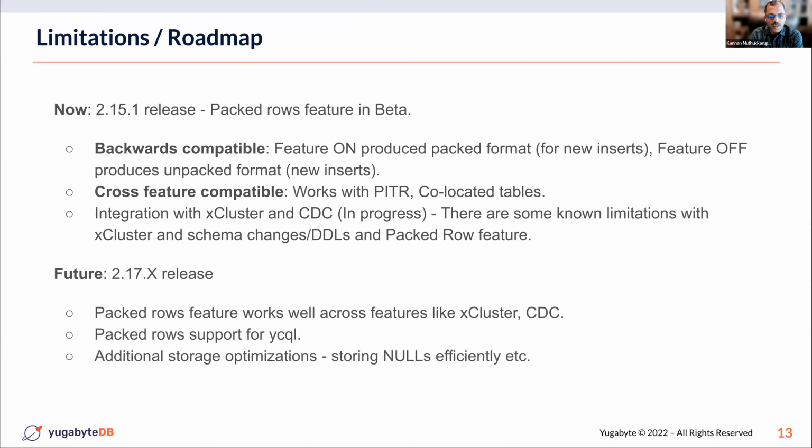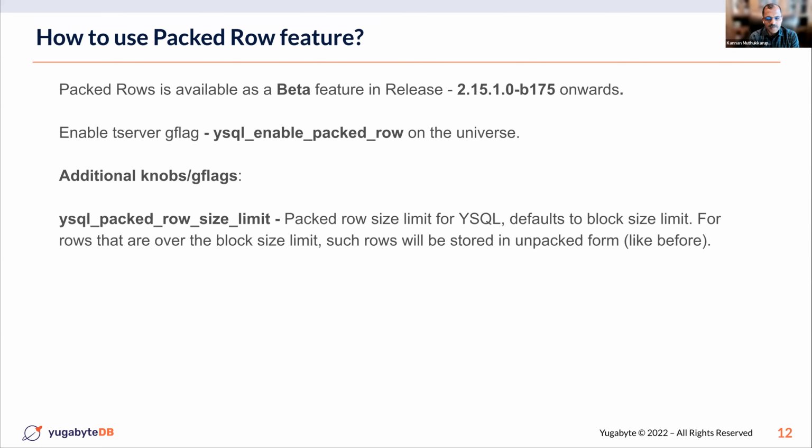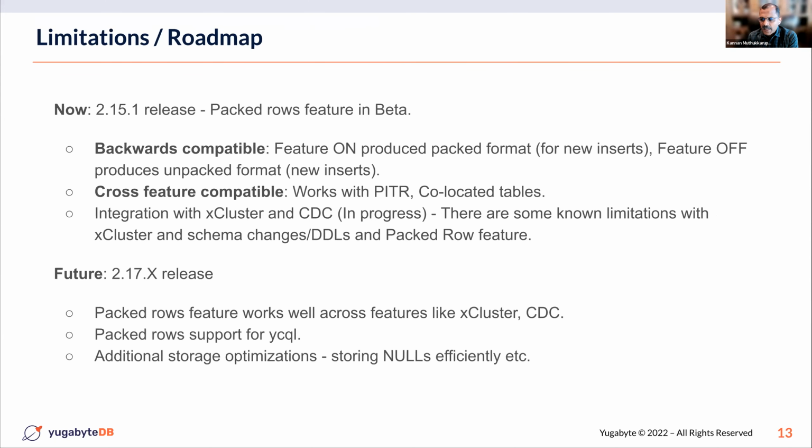So TK, one question coming there is, and maybe you're answering it in the next one, will this feature be enabled by default at some point in future versions? Right. Yeah. Given all the benefits we are seeing, yes. So that is definitely on the radar. So with respect to the roadmap,